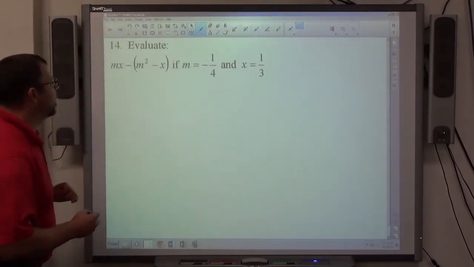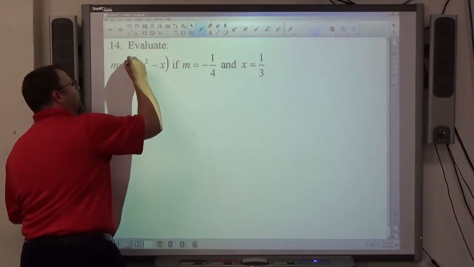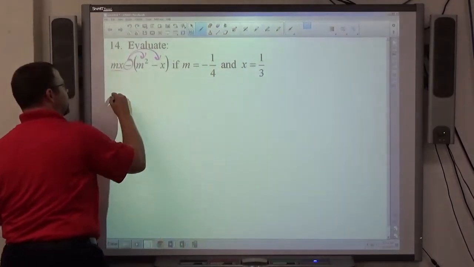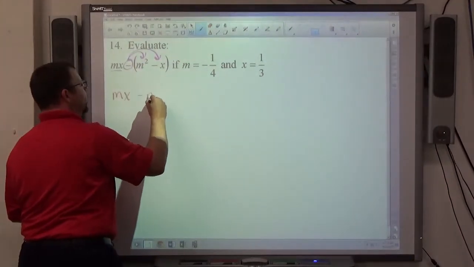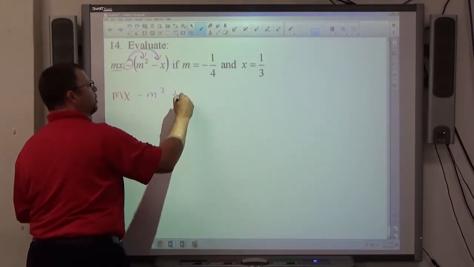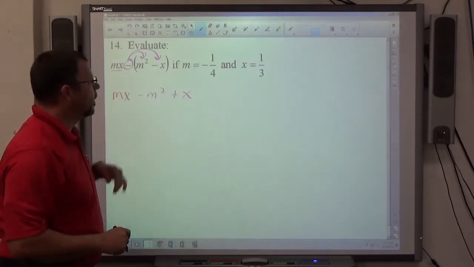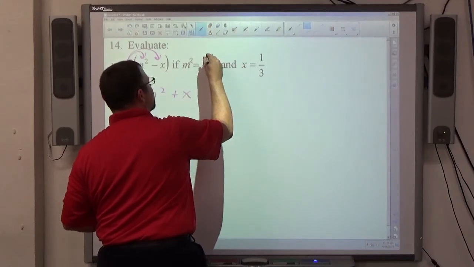14, basically the same idea. This time, I got minus a parentheses, so I'm going to distribute there. So mx just stays mx. And I've got minus m squared, and then minus minus becomes plus x. mx are what I know, m squared I don't know. So if I establish what m squared is,